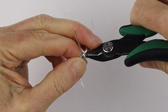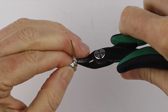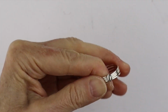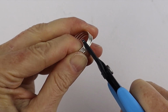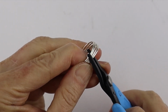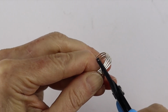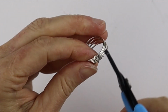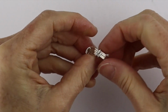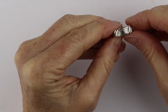So we'll give them a little clip here and a little clip here. Make sure there's just a little bit of space because we're going to wind our flower wire in between there. So there we have that one there. Bring it around and then just give this a little pinch in there. So you'll see there's still a little bit of space in there for our other wire to go into. You can push them a little closer together if you want. So that's our starting point for the flower ring, and we're going to do the flowers with a different contrasting